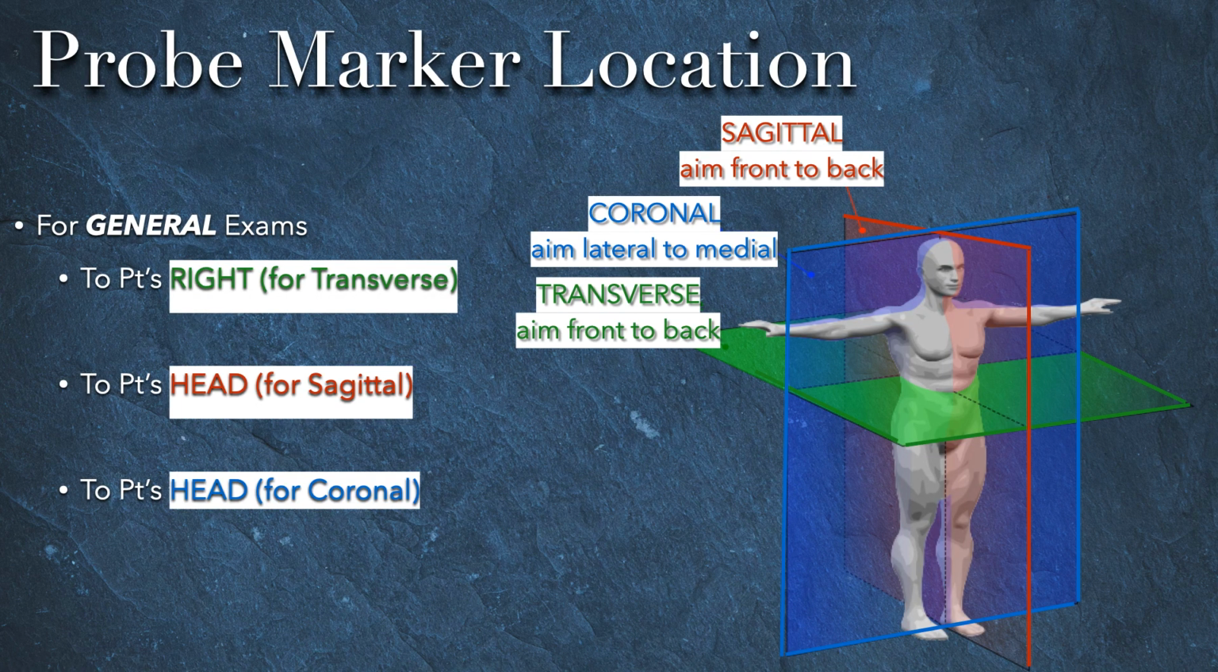If you're imaging the patient in a transverse plane, the probe marker will be toward the patient's right, and this is equivalent to the axial images that you see on CT or MRI. If you are imaging a patient in the longitudinal plane, the probe marker will be toward the patient's head. And if you're scanning them from front to back, this is equivalent to the sagittal plane for CT, MRI, or